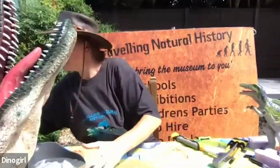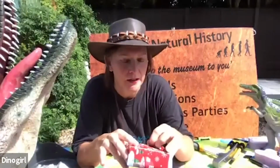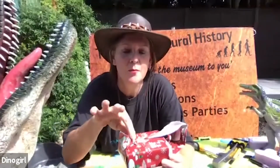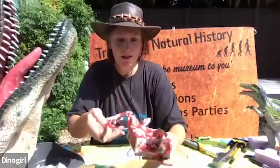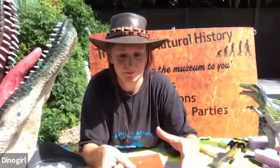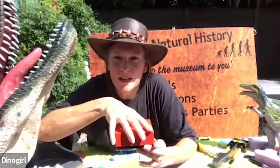Or do you think you want to open it nice and slowly and gently, making sure that what's inside, if it's fragile, doesn't break? You're right, it's the second one. You've got to be very careful. If you go in with too much excitement, you might break your fossil and not see all the clues that they contain. But then the other thing about fossil hunting is when you've opened your present,